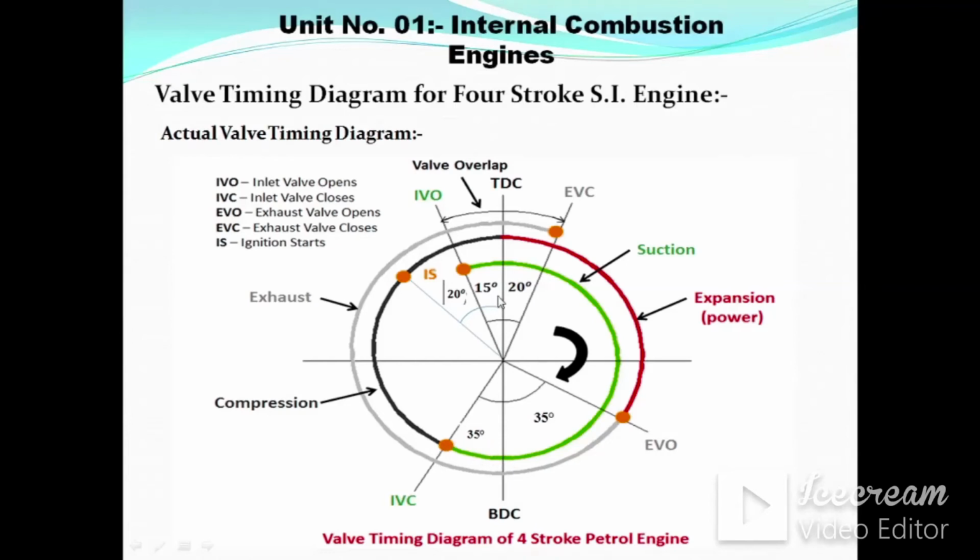Due to this 35 and 15 degrees, maximum suction will occur. Okay, but when the piston reaches the BDC point, our compression stroke has already started, but the suction valve is still open. Okay, this effect is called the ram effect. From this point our compression stroke starts. The compression stroke will continue until the end, which means 20 degrees before TDC,